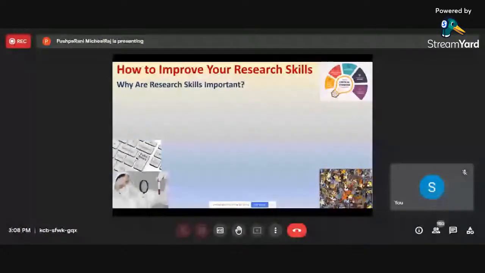How you will implement your research skills into your research question, and how you will improve your research skills, and why research skills are important. It's a crucial question, why these research skills are important. As I told earlier, research skills are a vital part of everyone's life, and a vital part of the writing process of a particular question, because it enables you to find information and to create an outline of your entire research thesis or research project.